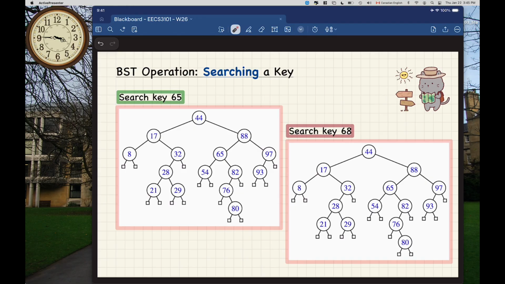So what we do is, well, you know how the search should really go, right? 44, 65, larger than that, go to the right. 88, 65, less than that. Oh, good, found it. So this tells you that it's a successful search right here, okay? So this is a successful search,